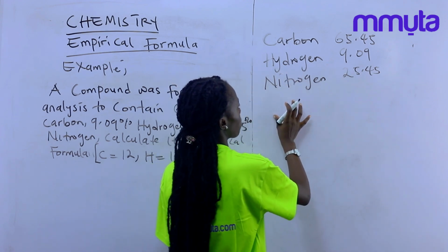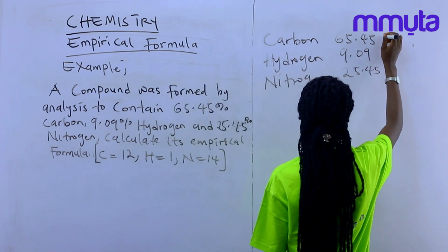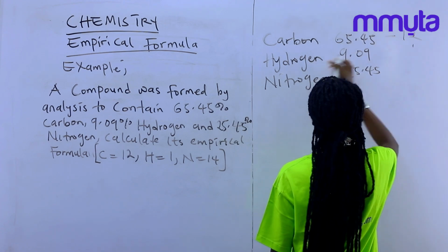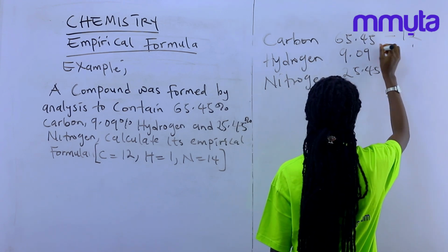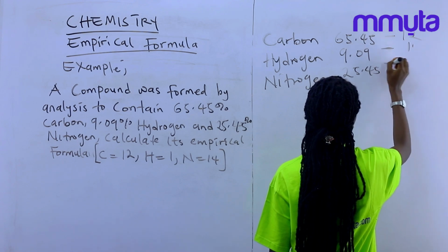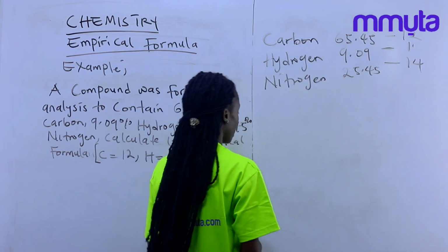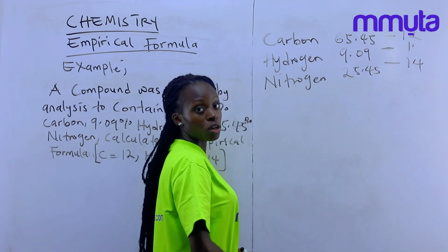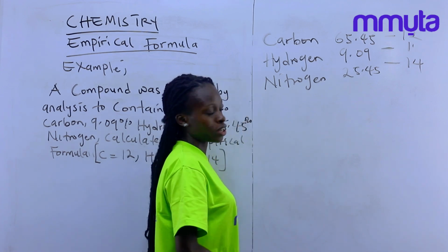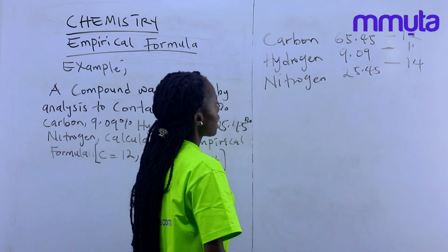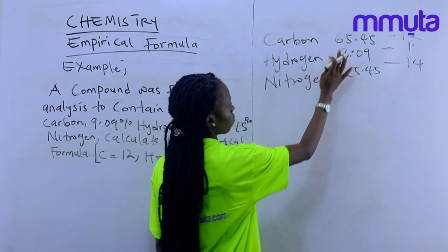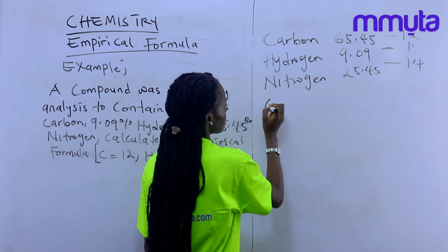The relative atomic mass of carbon, we have to be 12. Relative atomic mass of hydrogen, we have to be 1. And relative atomic mass of nitrogen, we have to be 14. Once you have done this, you have solved half the question. Now the next step, we bring this down,